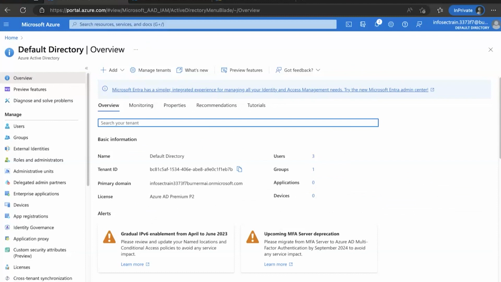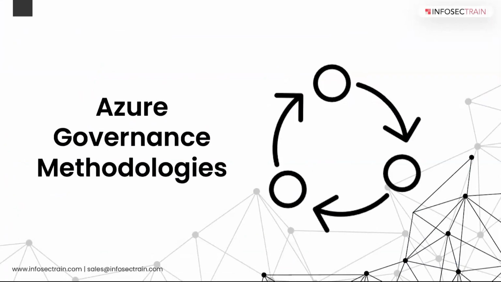Now, what we will be talking about is, after the conditional access policy, a bit of governance over here. Okay, so let me take you to the Azure Active Directory. This is just the idea of what Azure Active Directory is. Now, guys, if you remember, a few days ago I was asking you to create a free account. I can't deep dive only into Azure AD. So before I start with the Azure governance methodology, I would love to give you guys a task.